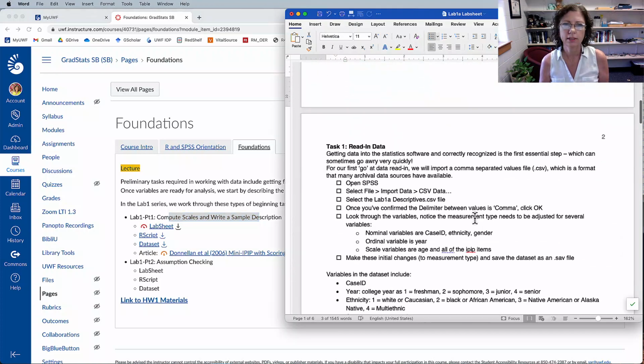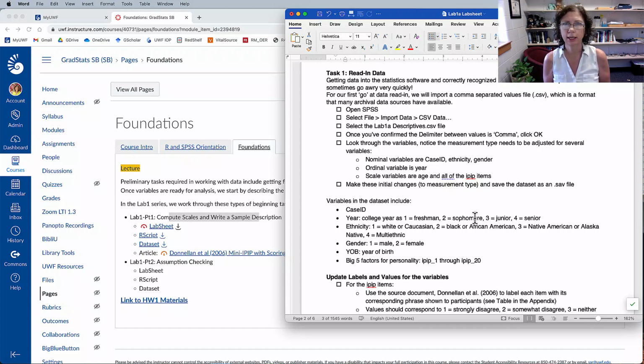All right, let's get started. Our first task is reading in the data, and it can be the easiest or the most frustrating thing you've ever done. When it goes simple, it's like, oh, no problem. When it sticks or has glitches and you can't figure out why this data is not loading in, it can be the most frustrating thing in the world. So just pay attention to details, and I'll typically show you a different way of loading in data for each lab so that you start building up all kinds of ways to make sure the data are coming into the analysis software correctly. So we're going to open SPSS